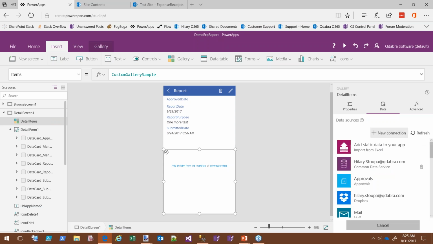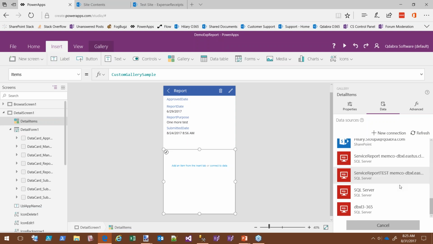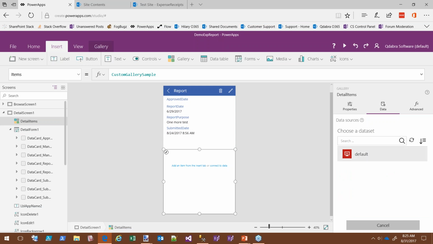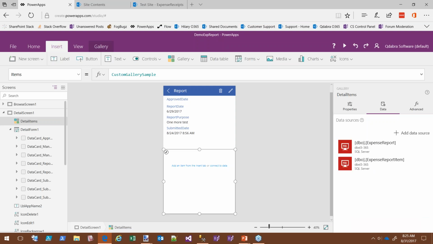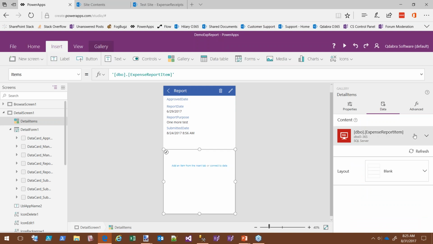We're going to say not a new connection. We've already got a connection for this. Let's just, sometimes scrolling is not my friend. We'll grab that table. It's in the default data set and it's the expense report item. We're going to hit connect. Okay, so now we've said this is the data we want, and we're going to have to figure out what we want in terms of